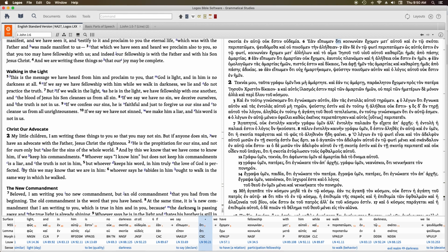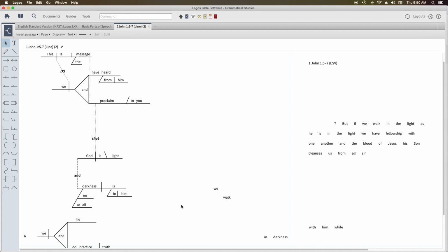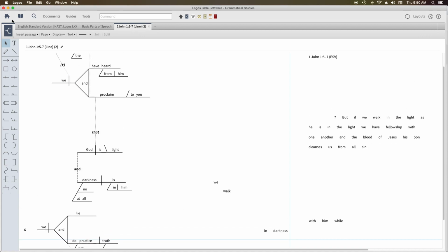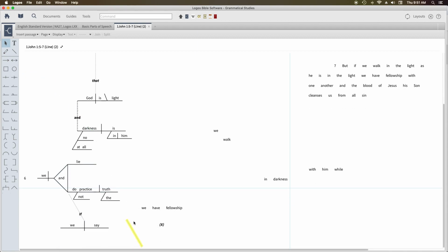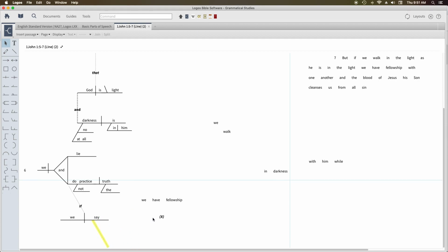It's acting as a conjunction, but so what I'm going to do is the exact same thing here. I'm just going to copy this X, Command C, I'm going to come down here, Command V. So we have to connect these. If we say, and then we have to connect another line here. So anytime you have a subordinating conjunction or a relative pronoun or whatever, you've got to connect them. So if we say,